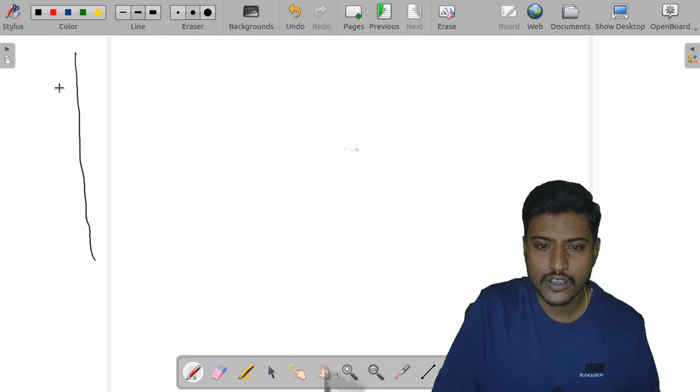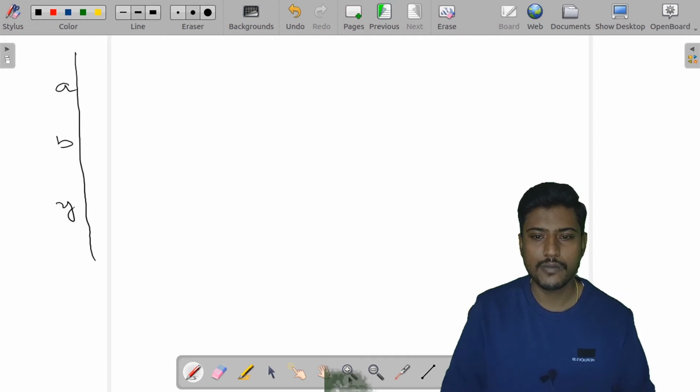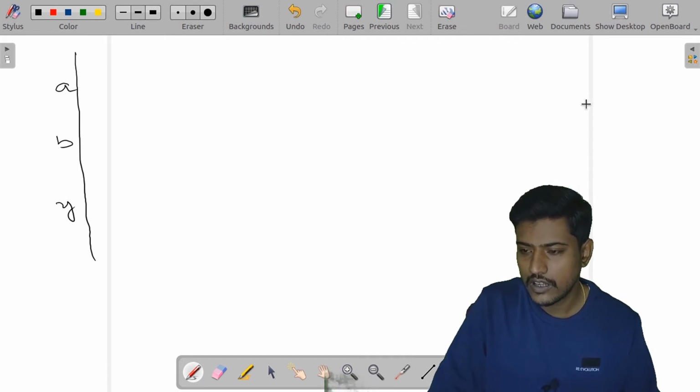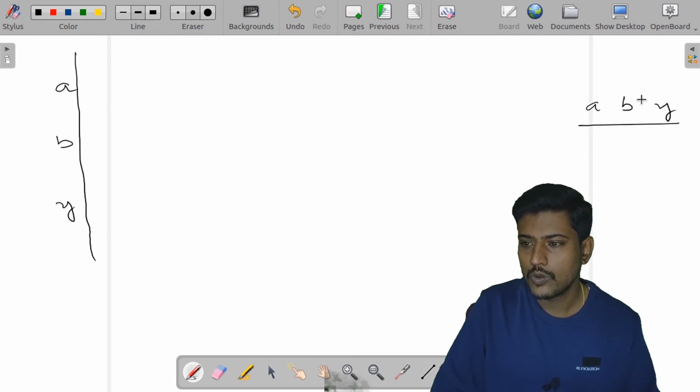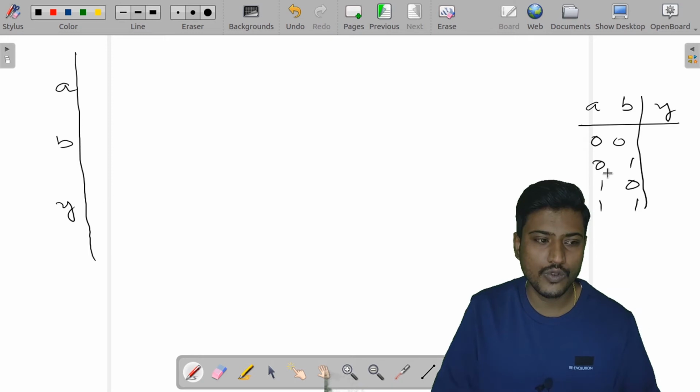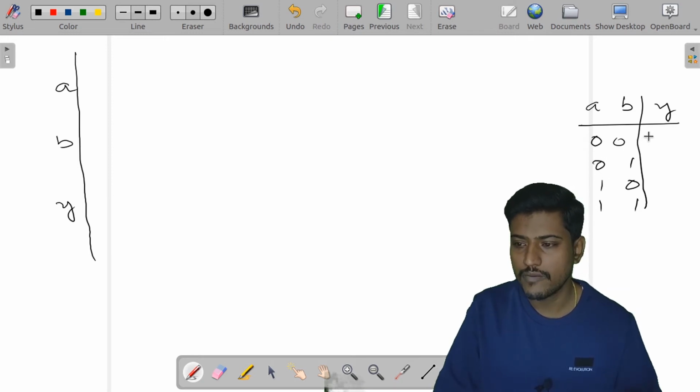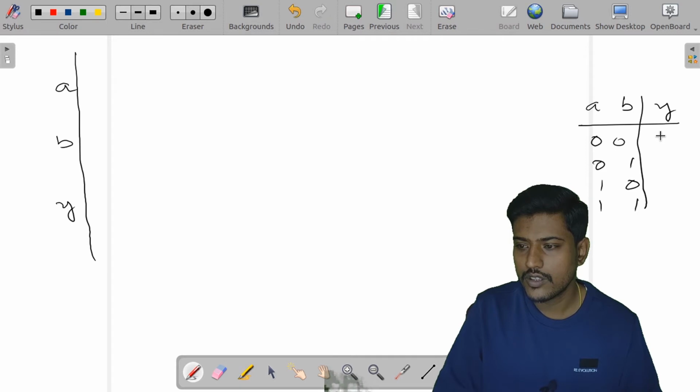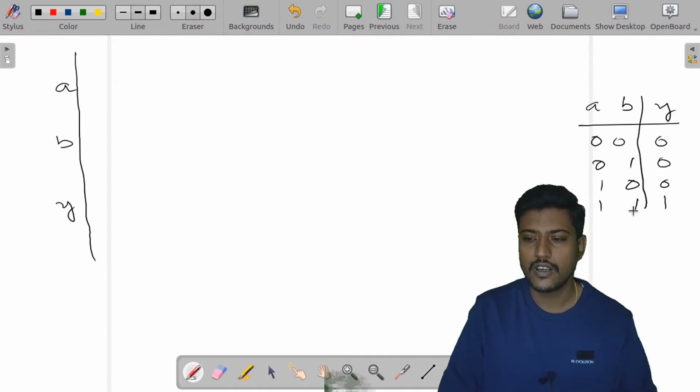Okay. So here let me name this port as A and this port as B, and then I have three different ports A, B, and Y. And we know that our truth table for the AND gate is A, B, and then Y. So this is going to be 0 0, 0 1, 1 0, and 1 1. These are the 4 different combinations we are going to drive for our inputs, and based on this, I need to observe my output as 0 0 0 1, right. So this is my truth table for my AND gate.